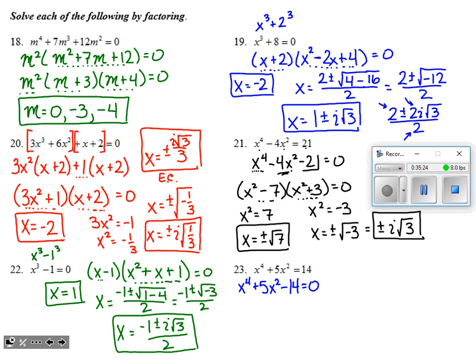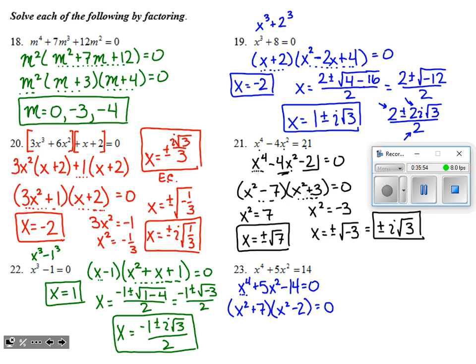I won't take off points for that. It's just important to realize that I want to end up with x equals something for an answer. So if I get rid of that equal sign in my steps, sometimes I forget that. All right, so yet again, we've got some magic numbers factoring that's going to take place. I need first times first to make x to the 4th again. So we've got x squared and x squared. Magic number time, what multiplies to be negative 14 and adds up to positive 5? That's a positive 7 and a negative 2.